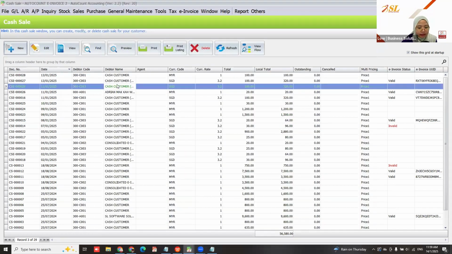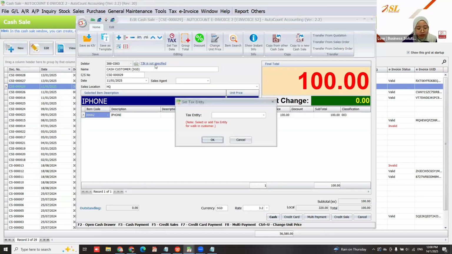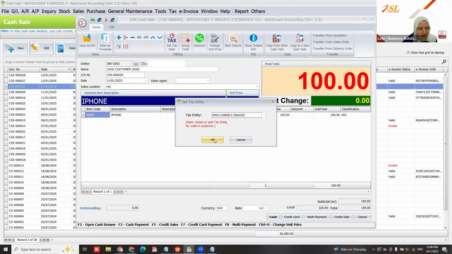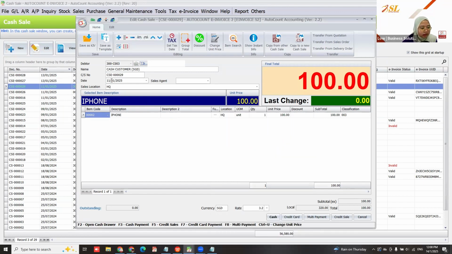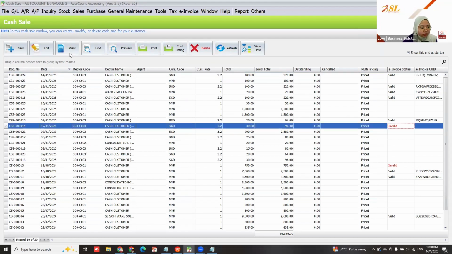Okay. And then this customer, let's say today, she requests for e-invoice. Okay, so you can choose the tax entity, then change to cash. Okay. Valid. Okay, so this one,